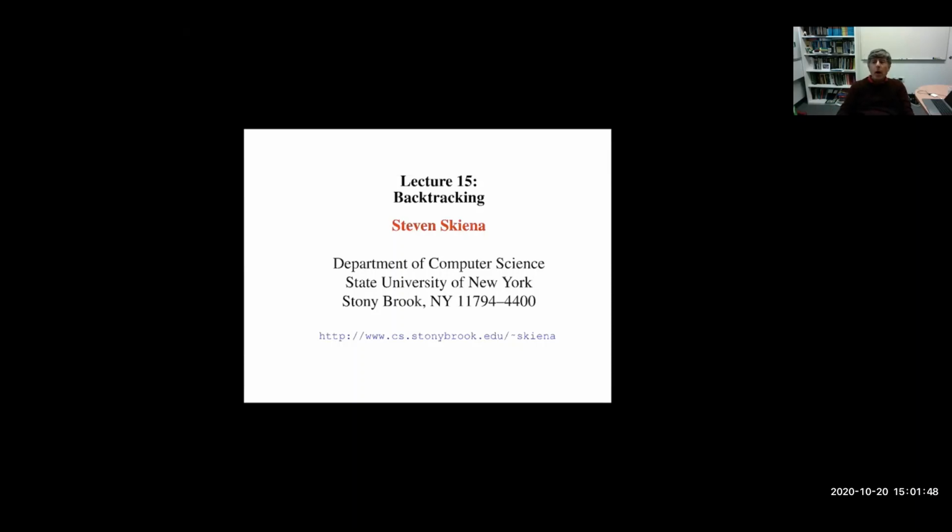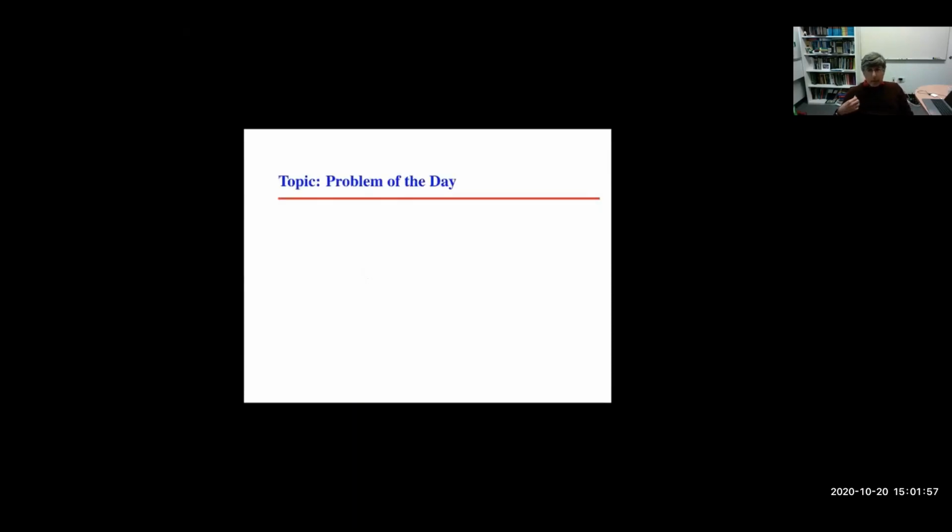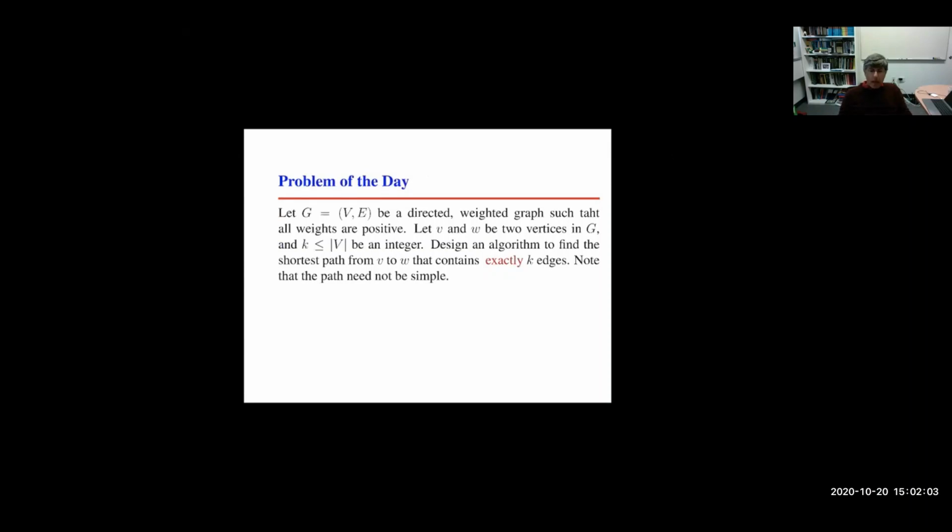Okay, what I'd like to talk about today is a daily problem on graph algorithms. It's kind of a hard one, but if you understand it, I'm going to try to do it two different ways. And if you understand these two ways, think about them as looking ahead to later in the semester, because